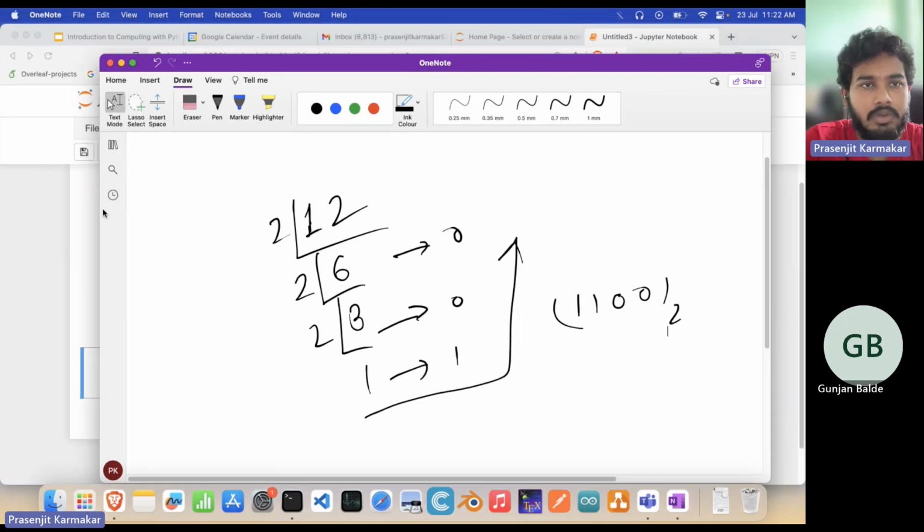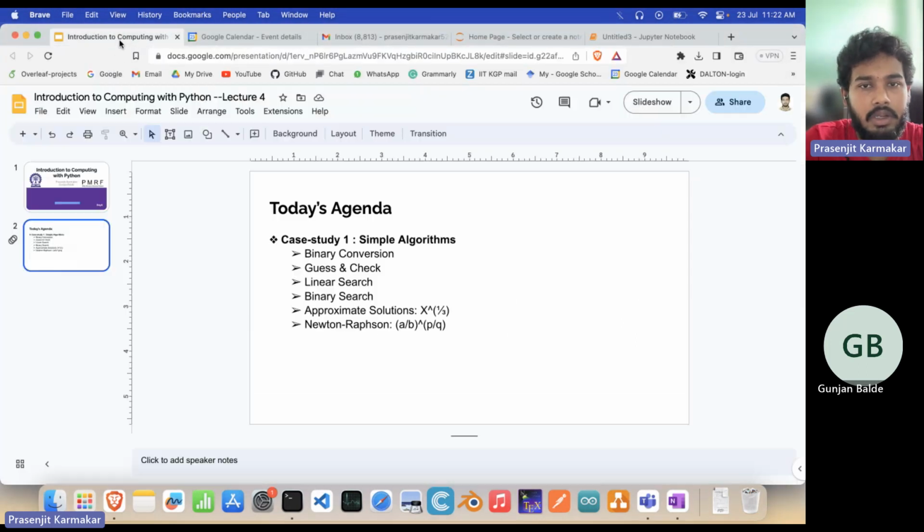Now let's go to the next algorithm. So guess and check. What is guess and check? Let's say someone has assumed a number between 0 to 100. Let's say I want to guess that number. So there are